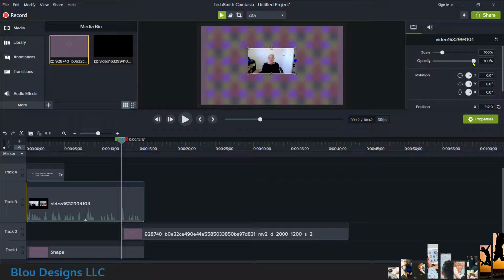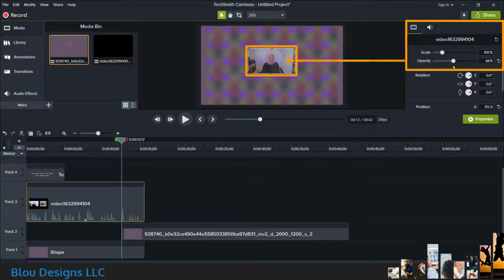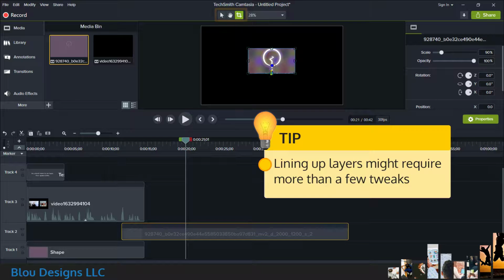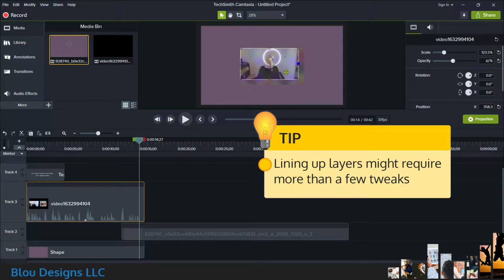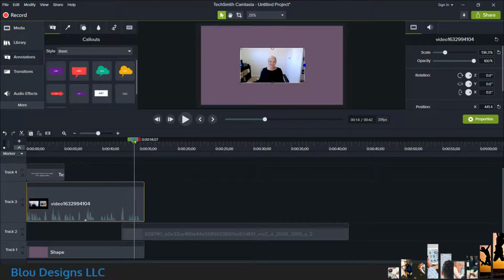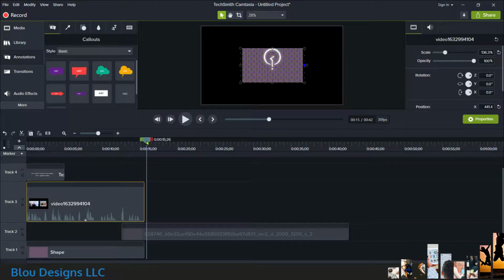And I'm going to select the clip of Allie and change the opacity for a second to make sure that she's lined up with the logo the way I want her to be when that transitions. And then I'll crop the logo file so it's the same size as Allie's Zoom window, which will also make the transition nicer. And then I'll make sure that Allie's opacity is set back to 100%. If it were left like this, Allie's video would play and then just abruptly disappear in favor of the logo.